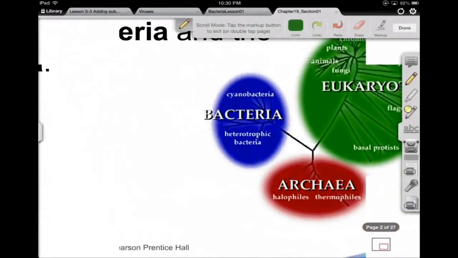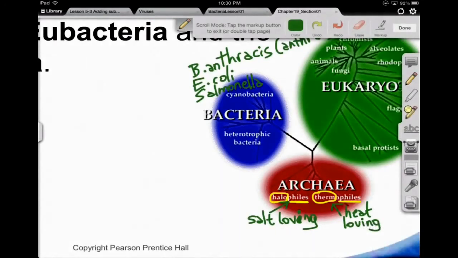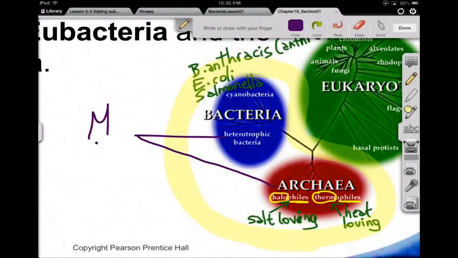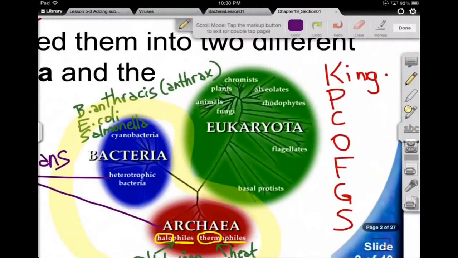A way to organize this is to think about these two groups here as being the Monarans. This is the old Monarans definition as a catch-all. These guys used to be called the Monarans. But now we've put them in a much higher group. We say that we have domain Bacteria, domain Archaea, and everything else is a eukaryotic cell. So that would be any cell